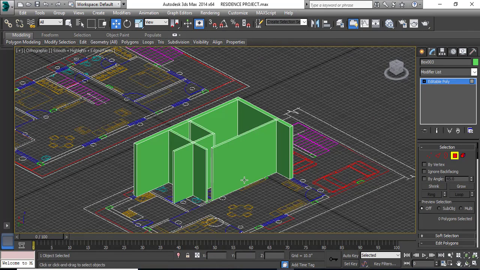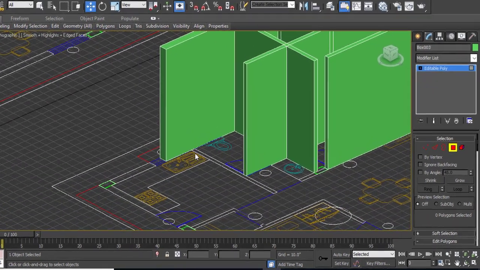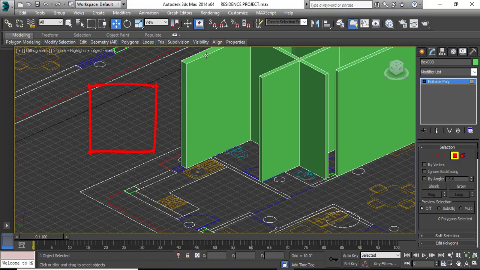There is one common mistake that is made by everybody when we create edges. What is that? We will see. As you can see here also, we missed extruding a wall in my previous video. So again we will try creating edges to the outer wall.